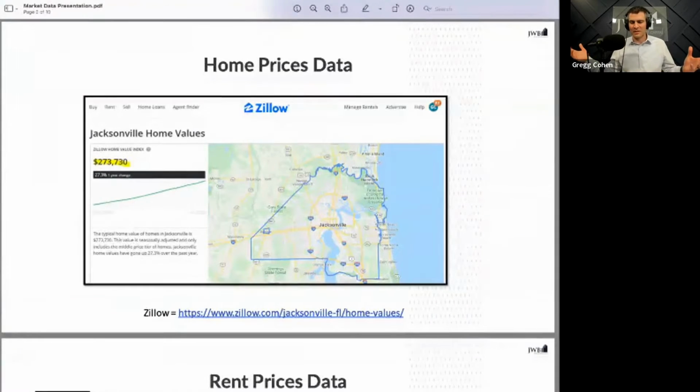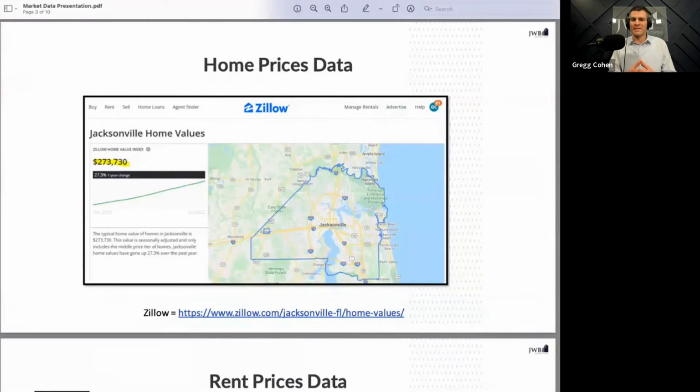Some use some segments of the population size, meaning the market size. Some exclude other things. So as an investor, if I'm putting myself in your shoes and you don't have access to these consultants, what is one standardized way to look at home prices data across the board? And I chose Zillow, because it's free, easy, accessible.